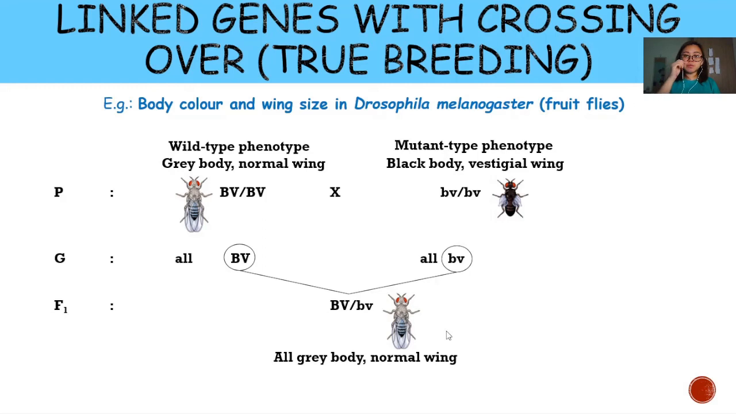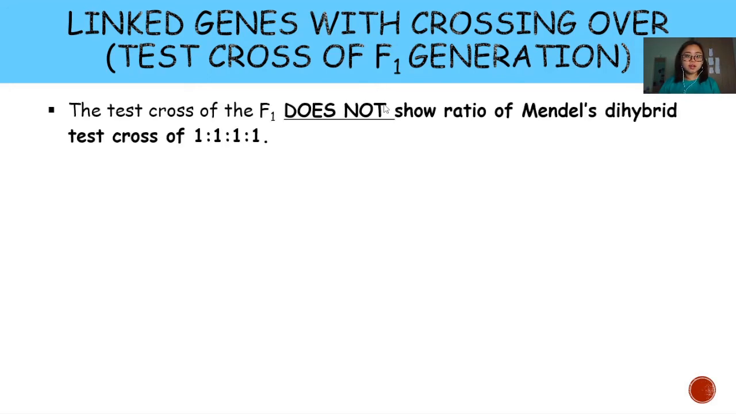So this is example of crossing two true breeding Drosophila flies. Okay, let's try continuing that diagram. Kita cuba ambil F1 generation tadi dan kita cuba buat test cross. If you do this experiment, the test cross of the F1 generation should not show the ratio of Mendel's dihybrid